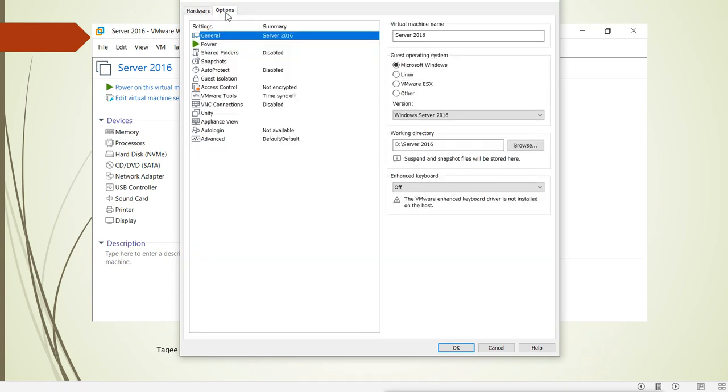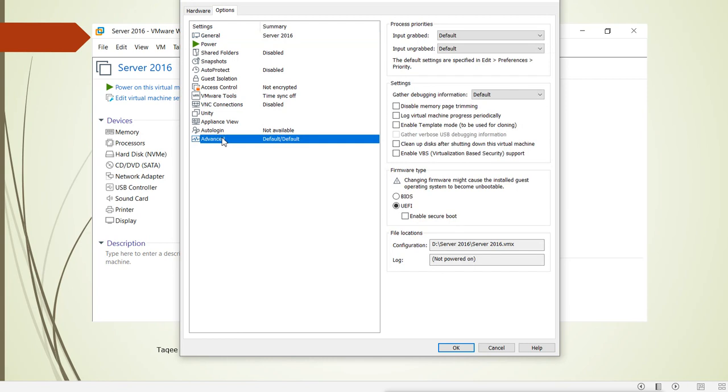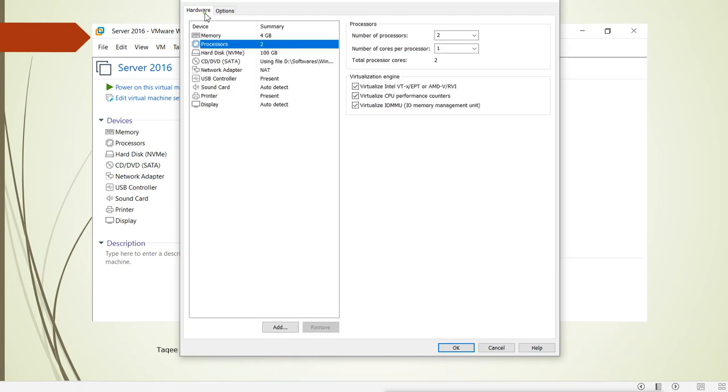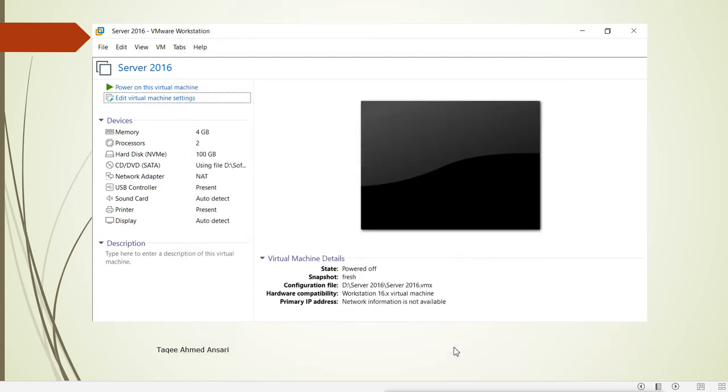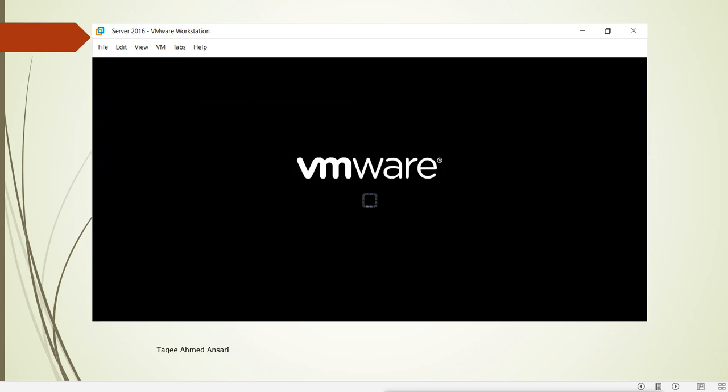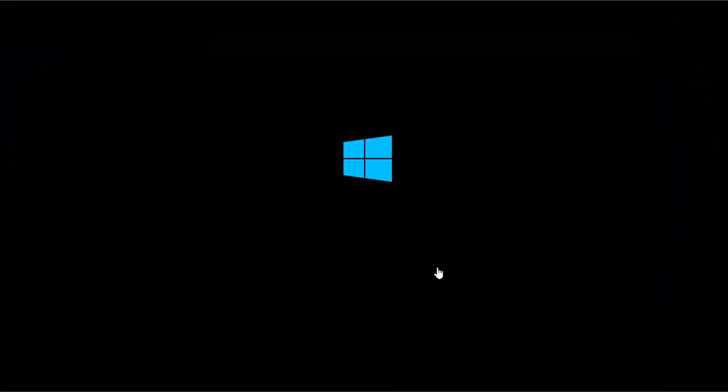In the options, okay, I will go with this. I'll say okay, and then I will start the machine. First we will configure the role here.